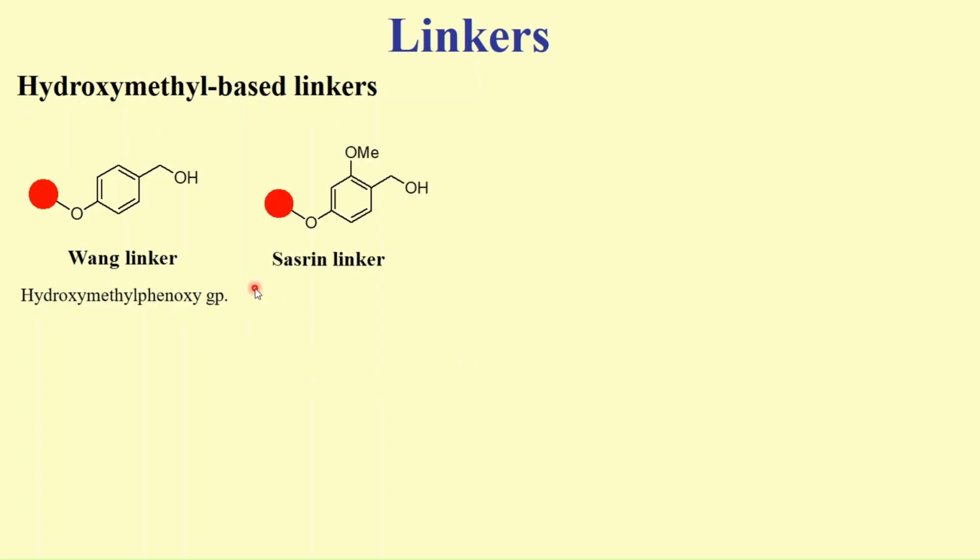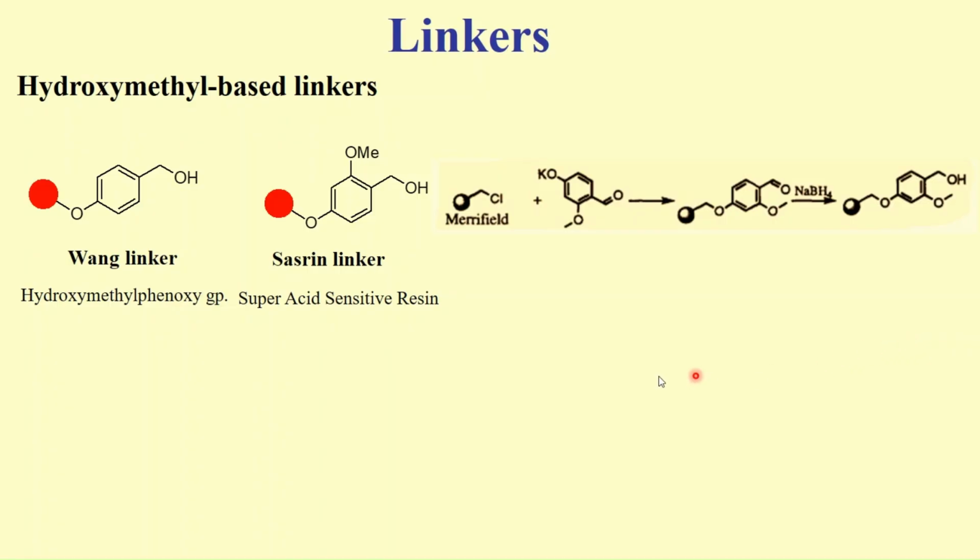There is another linker called the SASRIN linker. This is similar to the Wang linker, but SAS stands for super acid sensitive resin. It is sensitive to super acids. This has the same hydroxymethyl phenoxy group in which the ortho position has a methoxy group. This is prepared by treating ortho-methoxy para-hydroxy benzaldehyde